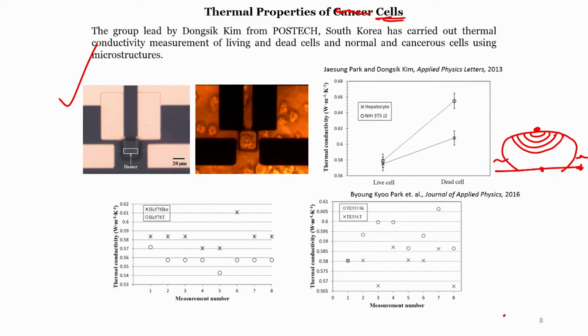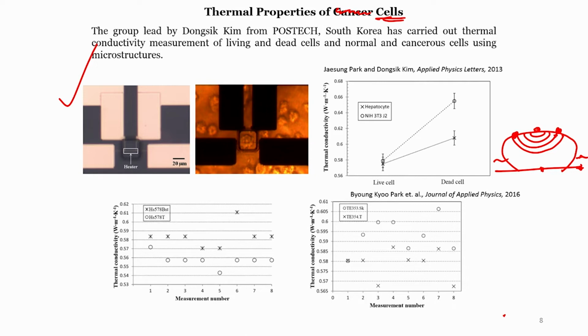Okay. Now, the sensors here can measure the temperature and how well the temperature is transmitted from the heating source to the sensor, and with that, using the 3 omega method, we can calculate the thermal conductivity. Okay. Now, how do we control the heat so that it stays only within the cell? This is controlled